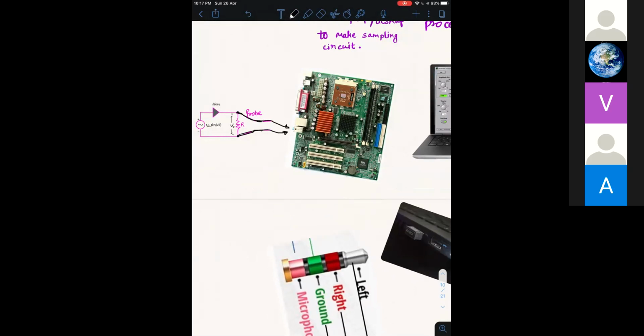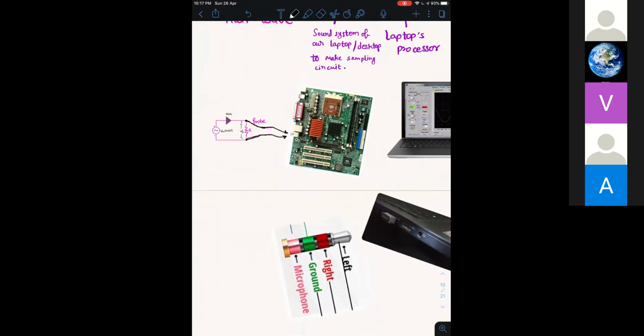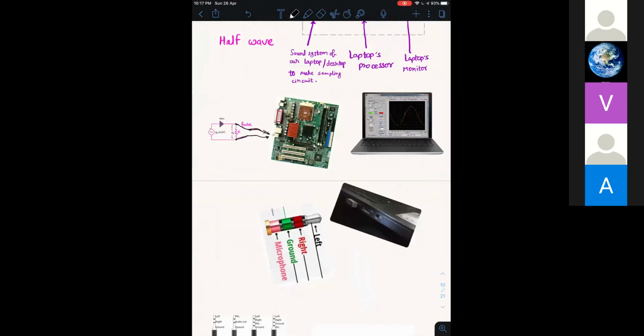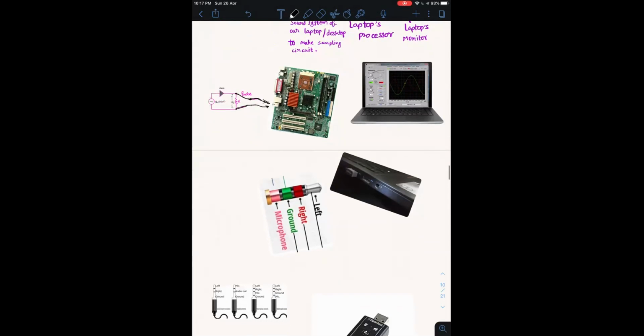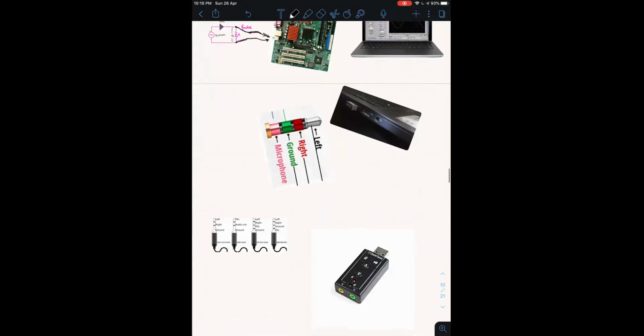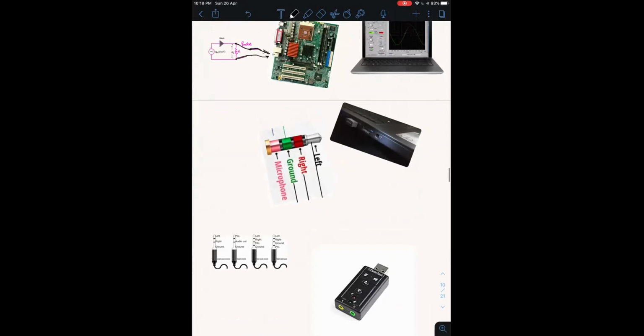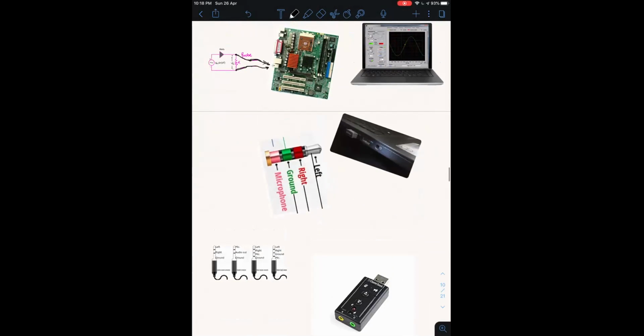Now to connect this to the laptop we need some kind of connector. This is the connector of our laptop, a 3.5 audio jack, and this is connected to the laptop.